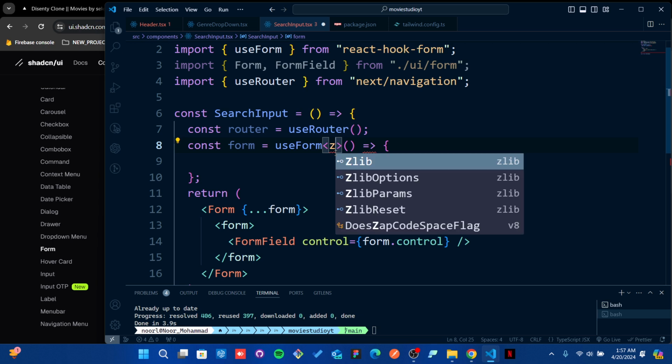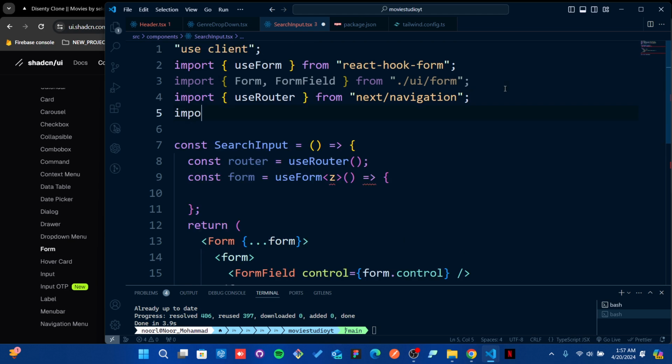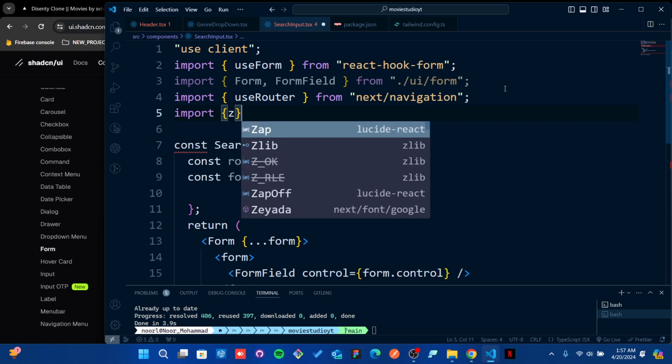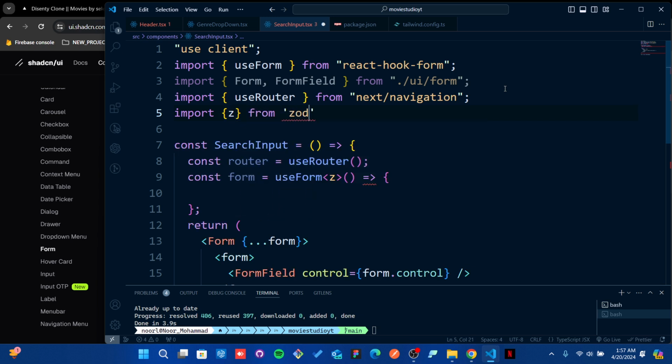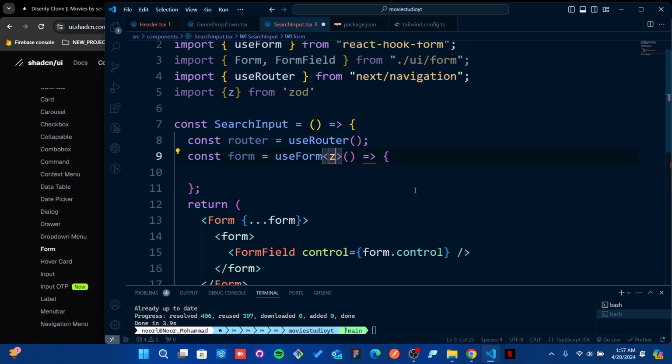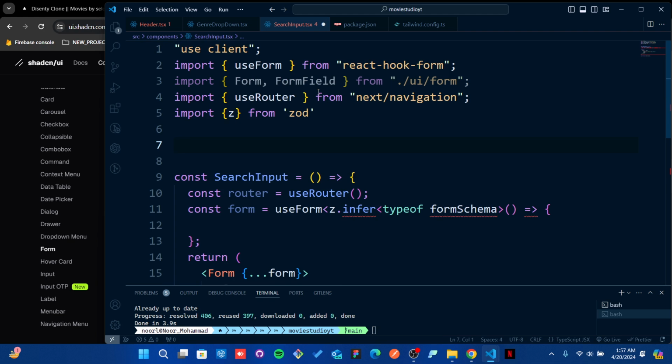which we need to import. Okay, we will import z from zod. So it will be z, and the parameter of that infer is going to be a type of formSchema. And also we need to get that formSchema. I think we need to write that formSchema here. We need to just const formSchema, and that schema will be